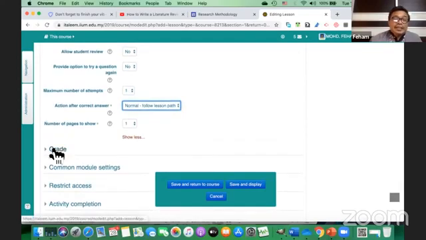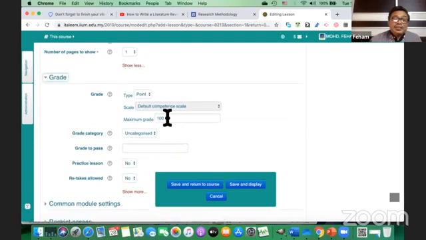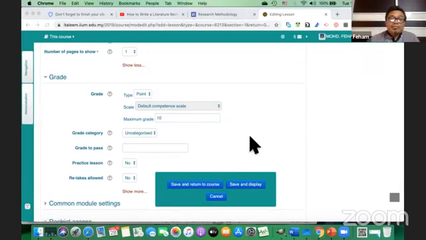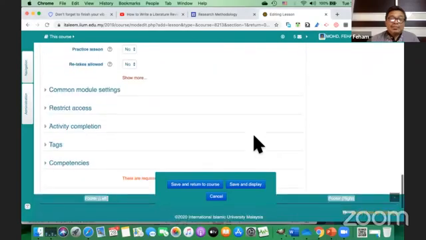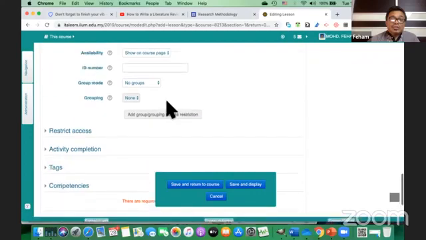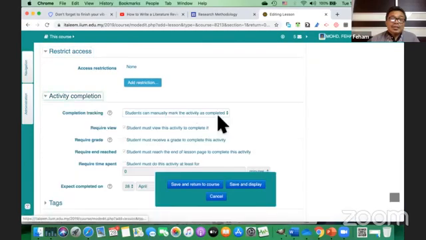Since this is graded, we go to the grade section, and under the grade section, just decide what the marks are for this particular lesson module activity. We decide that we want to allocate 10 marks for this activity. So basically, we're done with the main settings of our lesson. Of course, there are several other options available.